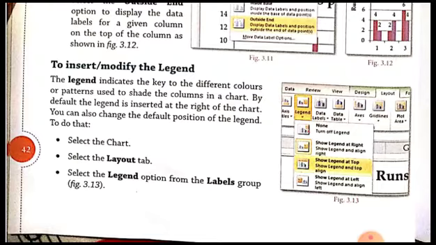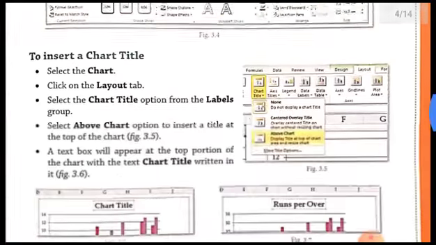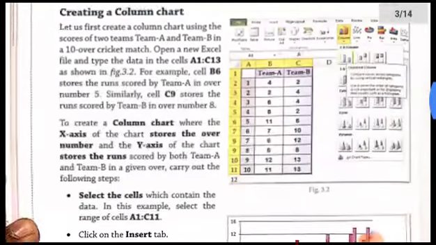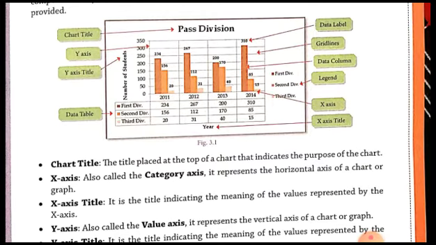So why do we have different colors or different patterns? So that we are able to differentiate between the two types of values. For example, if you go back to the previous example on your first page, we have seen the legend there also. How was the legend created? The legend there was telling about the different colors used for different divisions. This example was of the pass division chart.